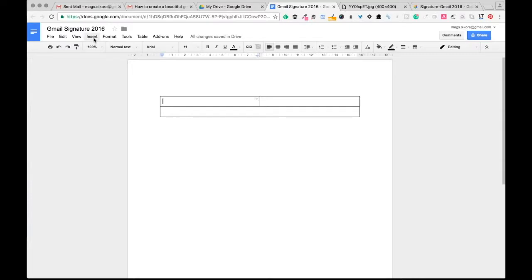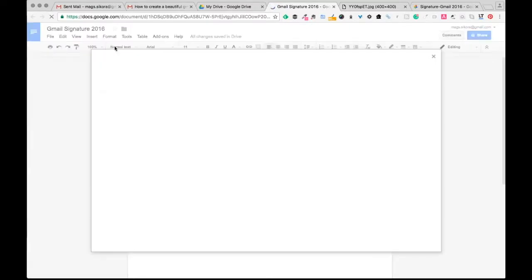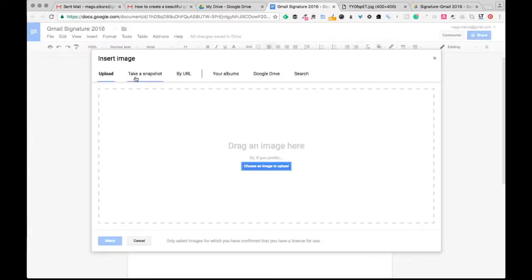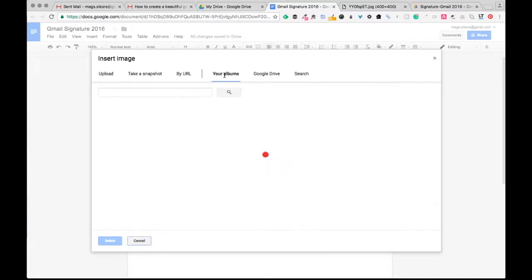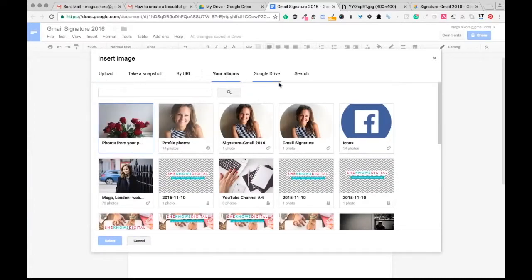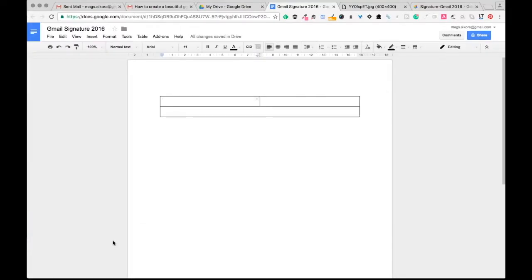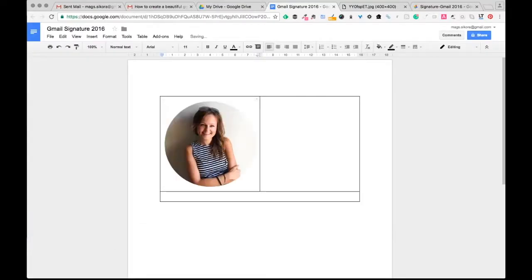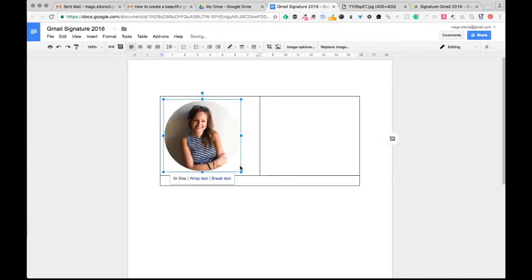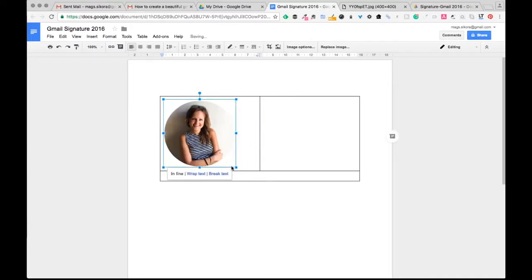Okay, let's go to insert and choose image. Click on your albums, and here is my signature Gmail 2016 album. Click on it, choose the image, and click select. And the photo is beautifully inserted to your signature. Okay, so you can just adjust it to the size you need, and you can slightly move the